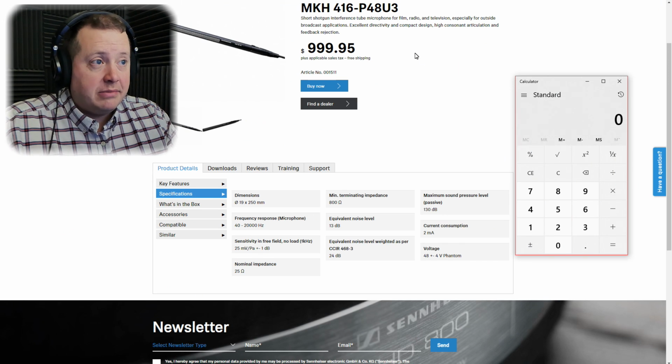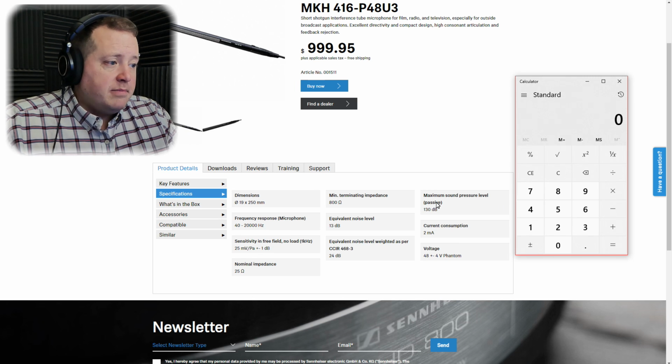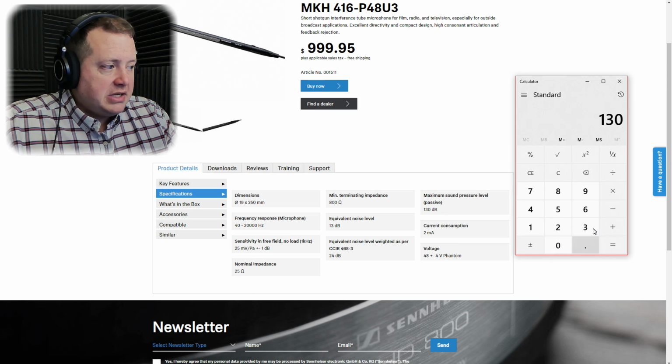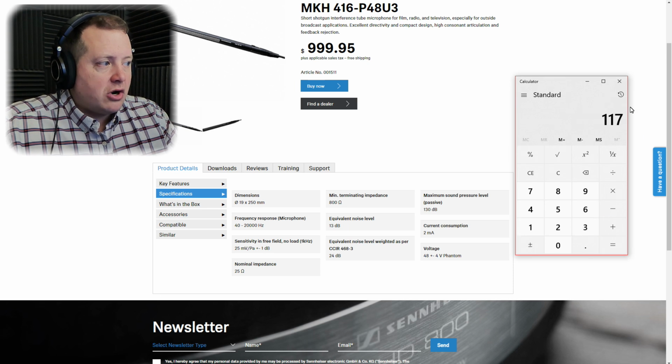with the Sennheiser Engage 416. The maximum SPL, 130 decibels, minus the equivalent noise level of 13, gives us our dynamic range of 117. Now our maximum SPL is only 36 decibels away from 94, so we're going to take our dynamic range of 117, subtract from that our 36 decibels to get down to 94 dB, and we see our signal to noise